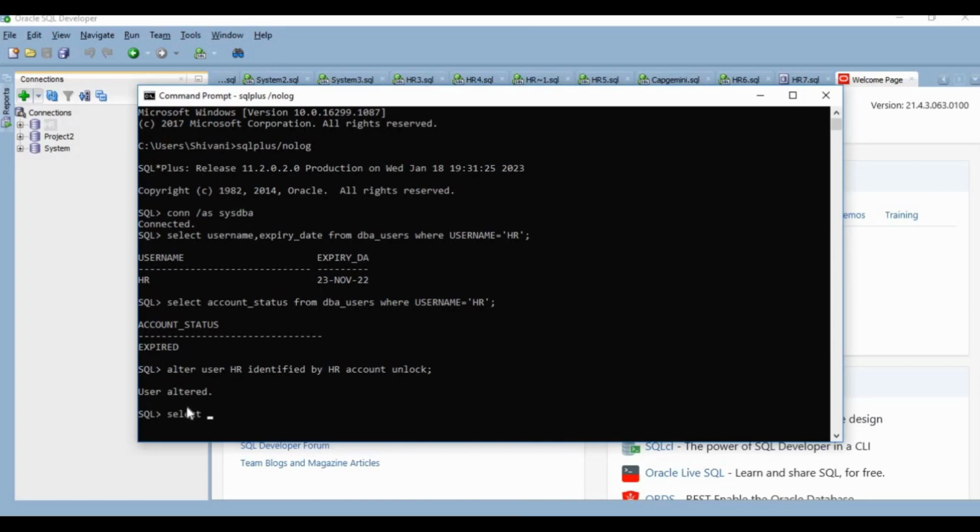And now we will check the account status. Select username, expiry_date, account_status from dba_users where username is equal to 'HR'. Basically this is the only command where we can unlock the account: alter user username identified by password account unlock. It will unlock the account and your